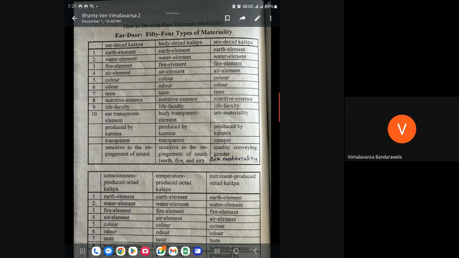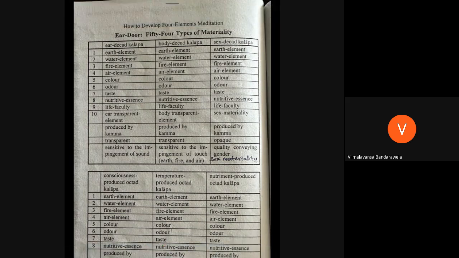For example, we discuss now four types of rupa kalapa in the ear door. We will discuss another, what is called the Jivita Navaka Kalapa, also. Now, all materiality you have fire element. You see carefully, all materiality, rupa kalapa, you have fire element. This fire element can, on its own power, without any help, produce another rupa kalapa, other generations of rupa kalapa. So these rupa kalapa are called the temperature produce octad kalapa. Those are also 8 types of materiality.